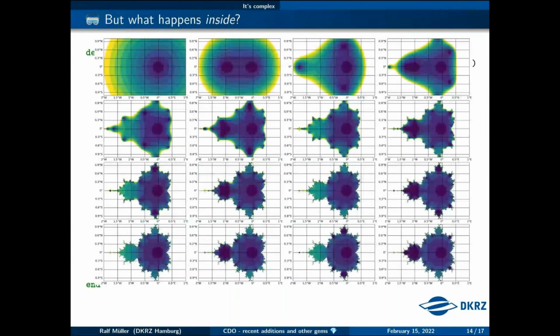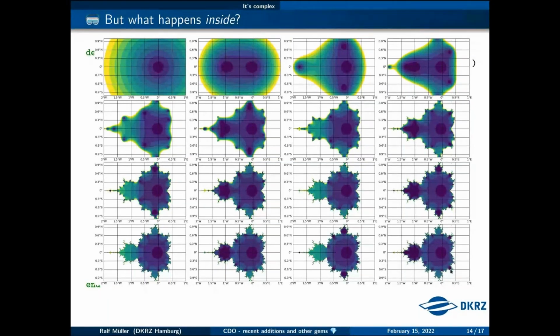And this is what I got. So I could have a look into it. You see here in the upper left corner, this is the plain complex field limited to the range of 2. Like we are at 2 degrees west, so yellow is like close to 2. And this is the second iteration, the third and the fourth iteration, and so on until the iteration number 20. So it's really nice to